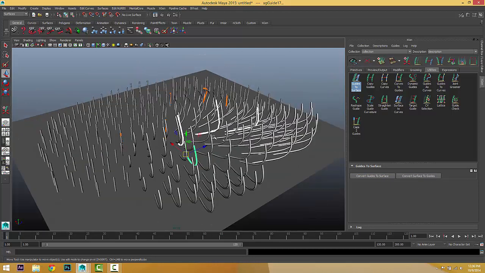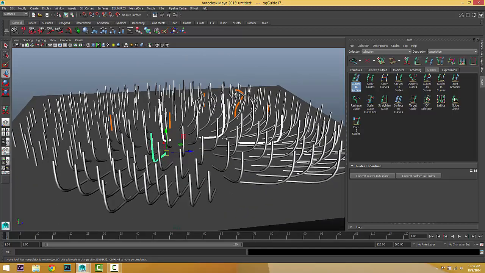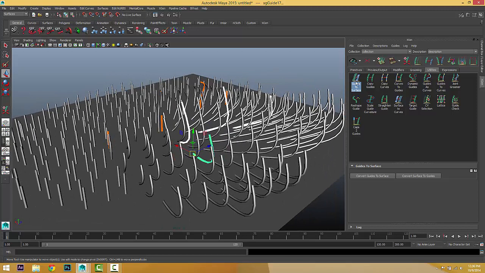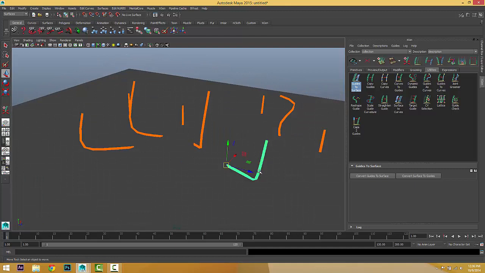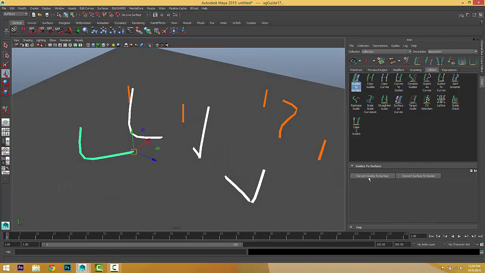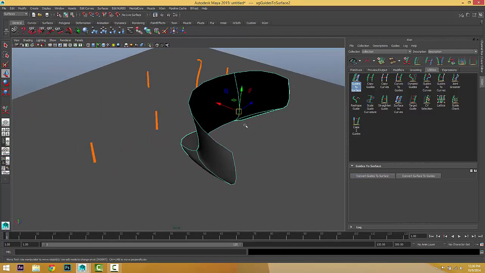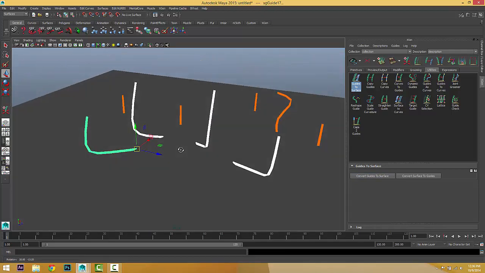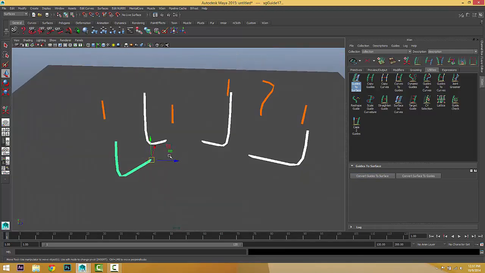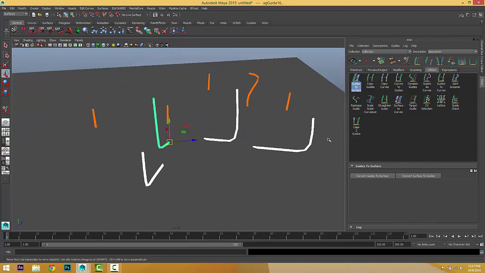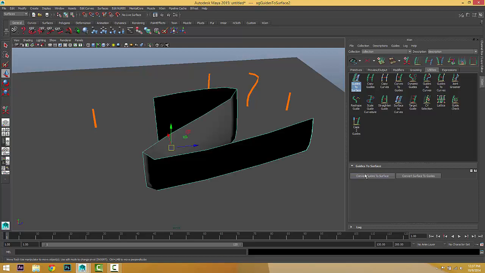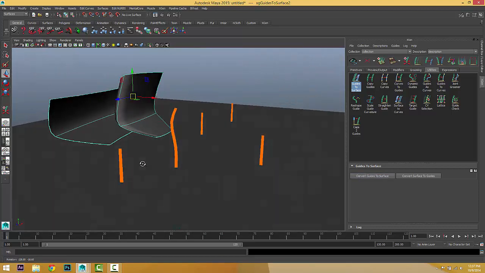To see the primitives, as you can see, the primitives really follow the guides. All right, let's hide the primitives. If you watched when I selected, I first selected this one, then that one, and that one, and finally this one. So when I convert Guide to Surface, we get something like that. But if we, for example, selected this, then this one, then that one, and we go to Convert to Guides, we get an absolutely different shape.